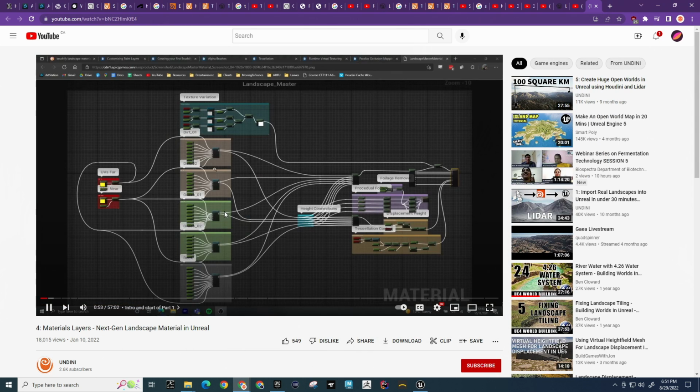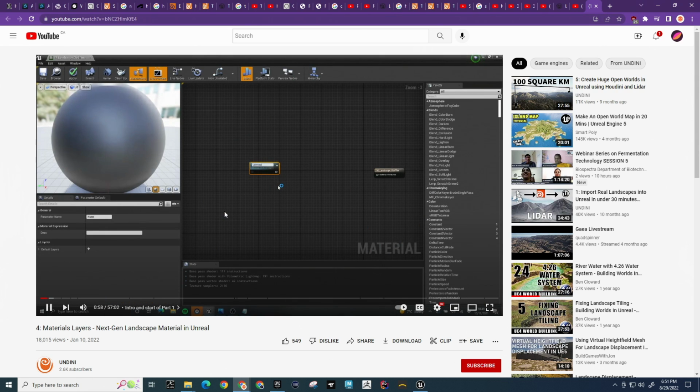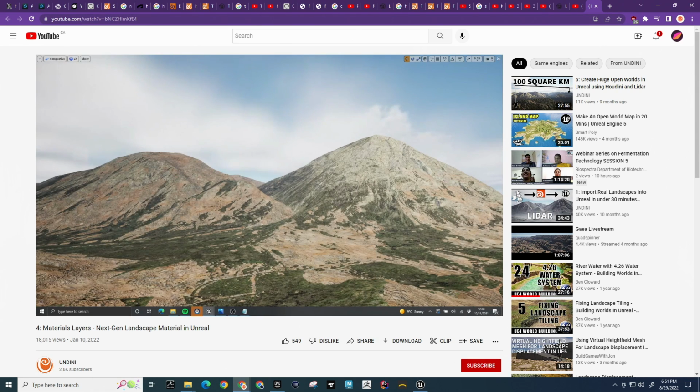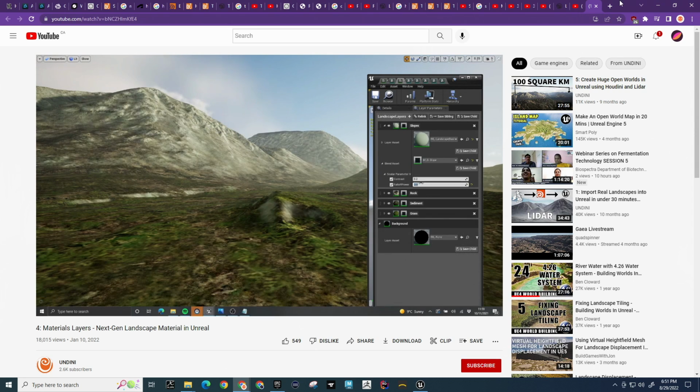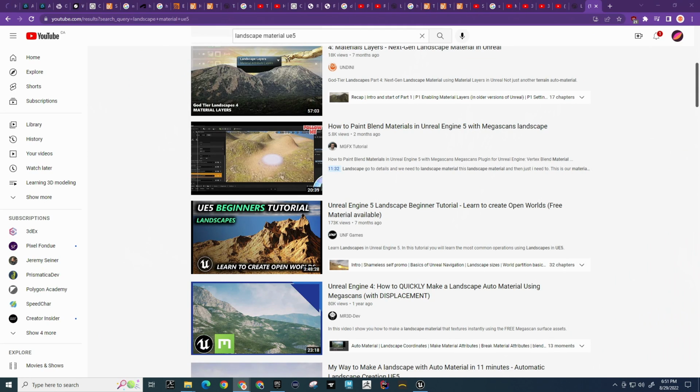That seems completely impenetrable to newcomers. We're not going to do any of that. We're going to create a material that's way more powerful, or equally powerful as some of the best landscape materials you can get on the marketplace, but you're going to understand it, and it's going to be set up in such a way that you can easily go in and modify and make huge sweeping changes in a matter of minutes. I hope to ram the point home by the end of this video that making landscape materials isn't as complex as you might imagine it to be,